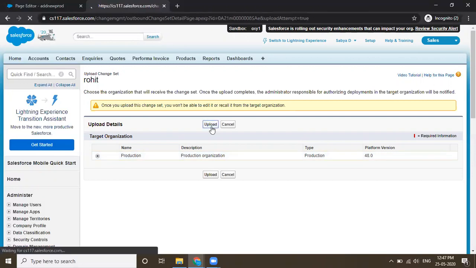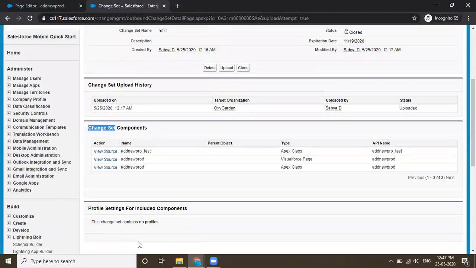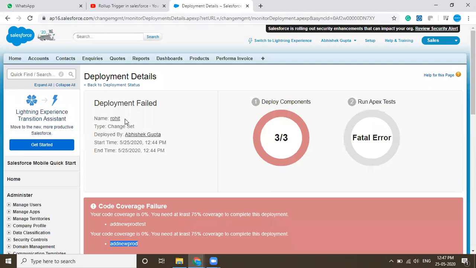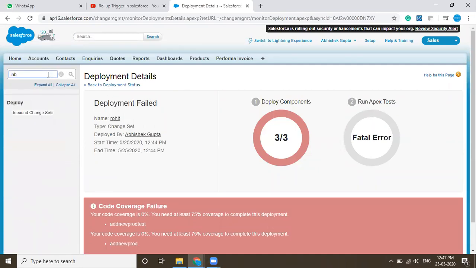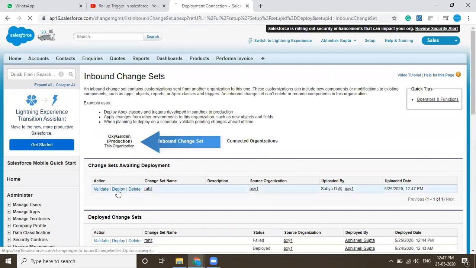So we are uploading even 20 to 30 files at once. So be aware of the names, the API names which you are using to upload. If you upload once, nothing much will happen, but it will take time. So inbound changes, you have to remember, this inbound changes to receive the file. Okay. So once the file is